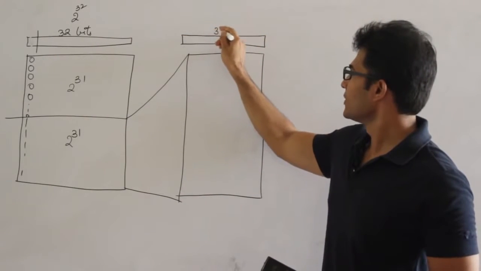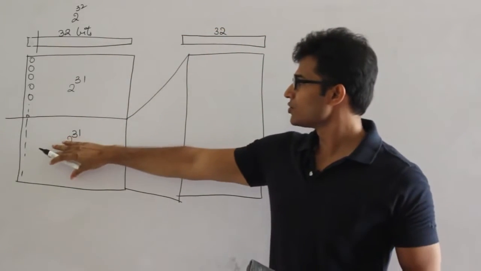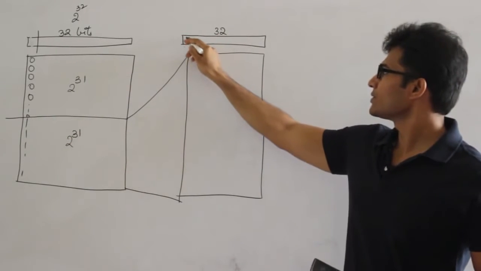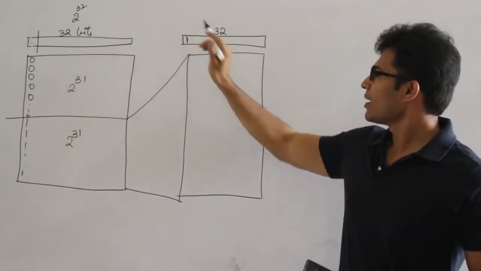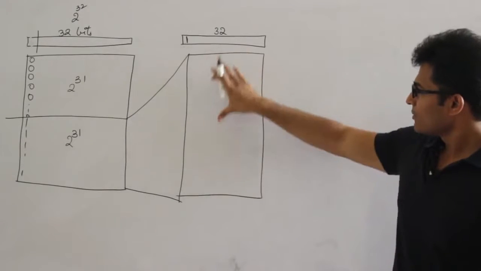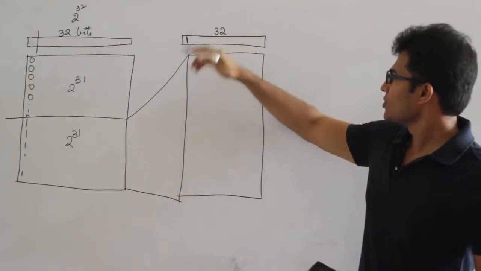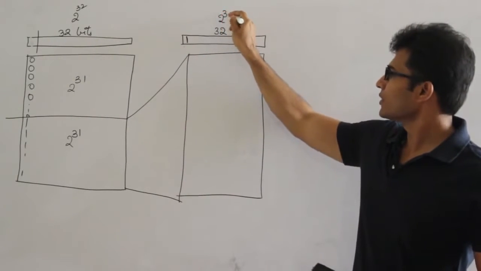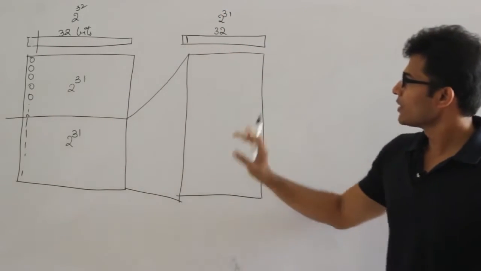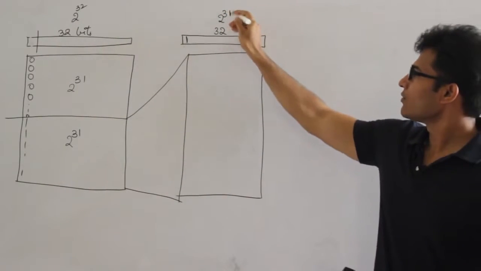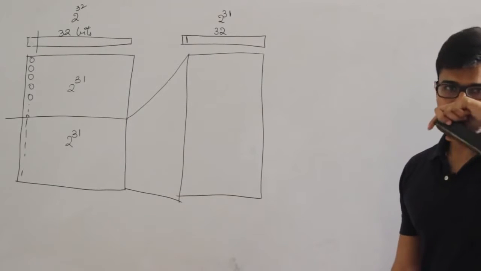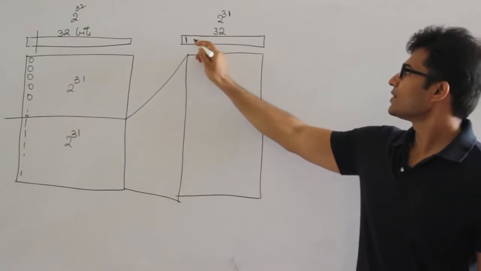We had 32 bits, out of which the first bit is already chosen, and that bit is set as 1, right? And now in the remaining part, the size of this total part is 2 power 31. So in these 2 power 31 numbers, I am going to choose the second bit. So if I choose the second bit,